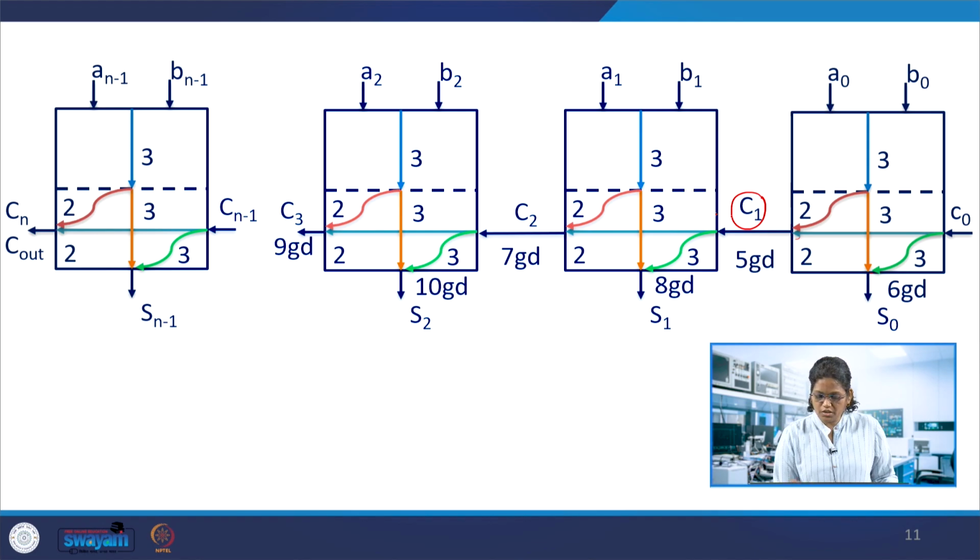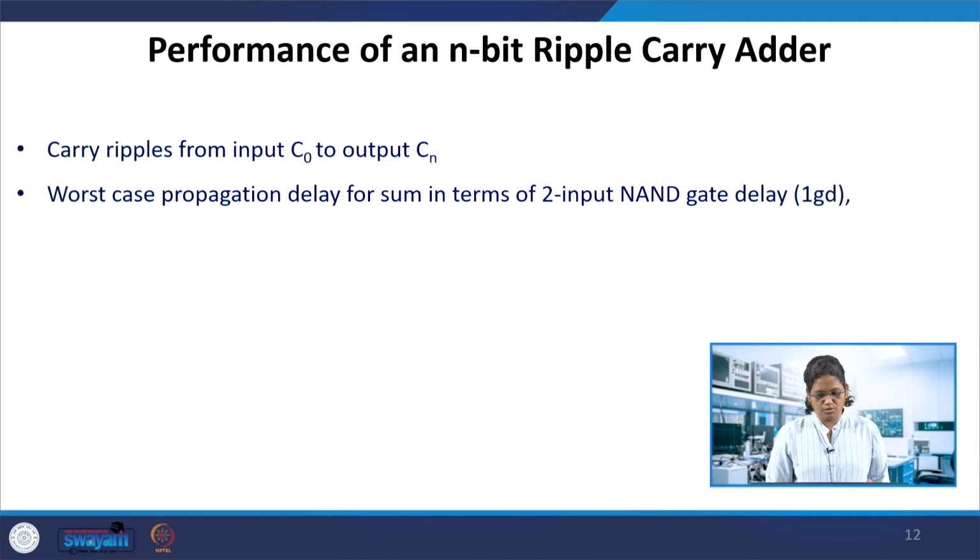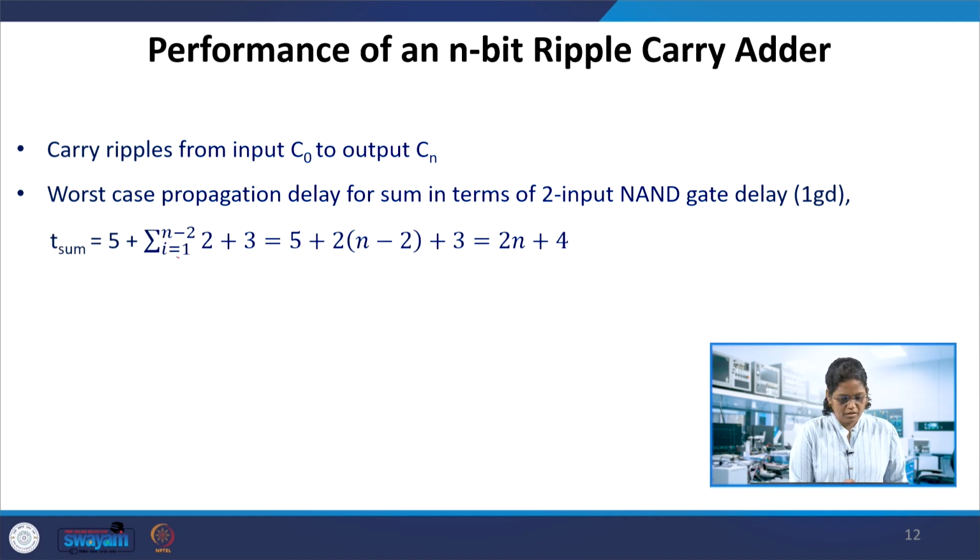Whereas in each stage, C1 and then C2 need to arrive, it has to wait for another 2 gate delays. So similarly the carries get rippled through, and once the carry is available and the intermediate sum is available, it is easy to compute the sum within 3 gate delays. So this needs to be added in the timing. It has to ripple through from C0 to Cn. So the worst case propagation delay, if we compute T sum, is the first 5 gate delays for the intermediate one, and the last one takes 3, because once the carry is available, the sum needs to be calculated at the last stage, and this is for the first stage sum.